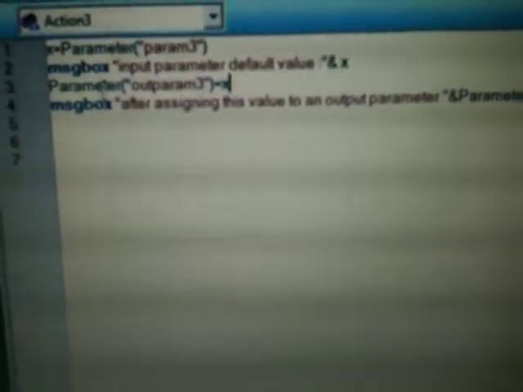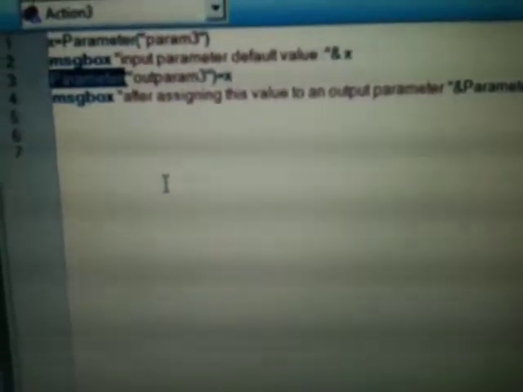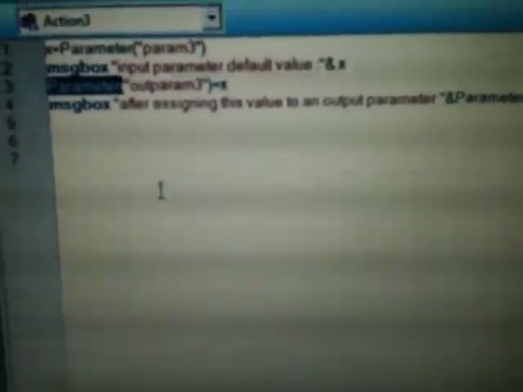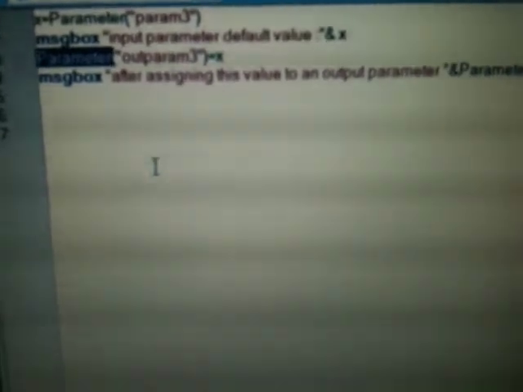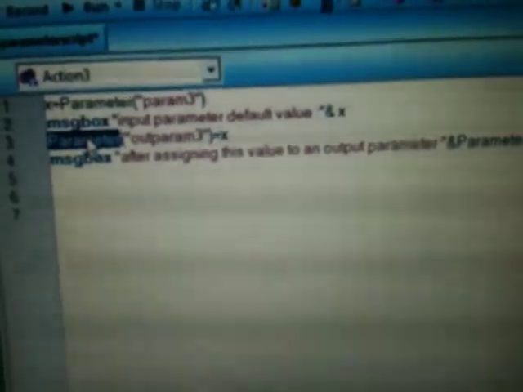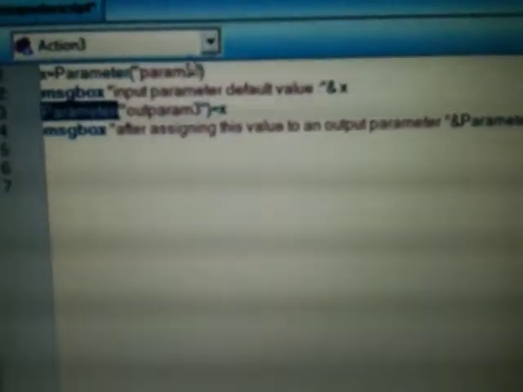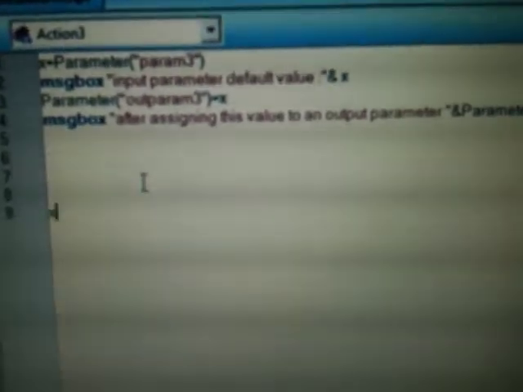And whenever you want to use a parameter, remember one thing, you have to use the keyword parameter. If you don't use the keyword parameter, you won't be able to access the parameters. It's an important point. Please try to note it down. You can use the parameters only in this particular fashion. You have to use this keyword mandatorily. Parameter of param3 will only give you a value. If you simply write x is equal to param3 in quotes, that will assume the string value param3. There is a difference between these two. Please try to note it down.